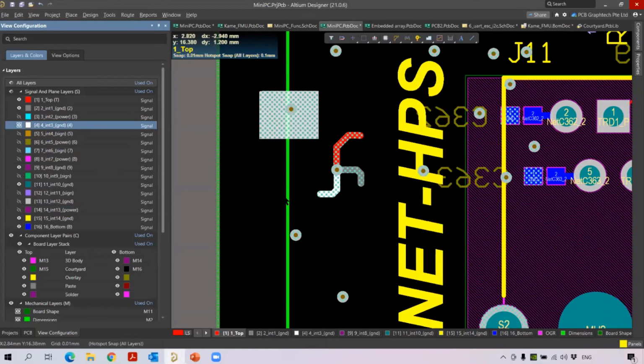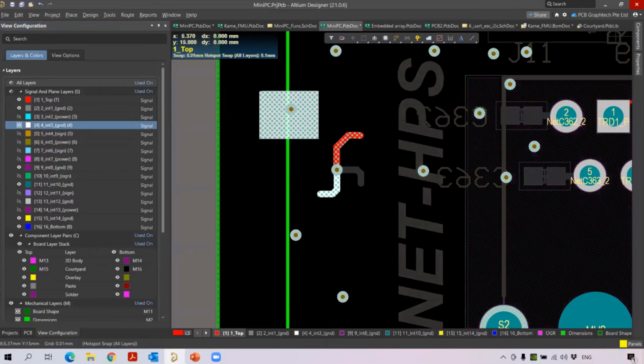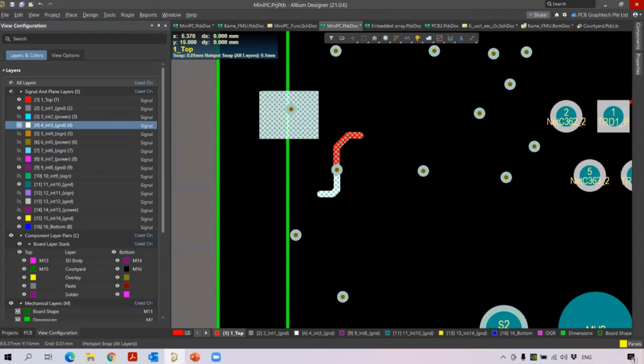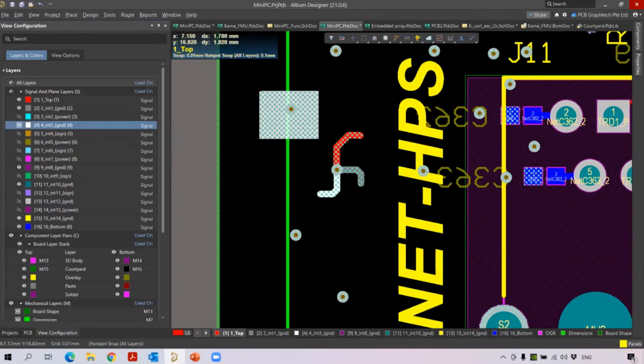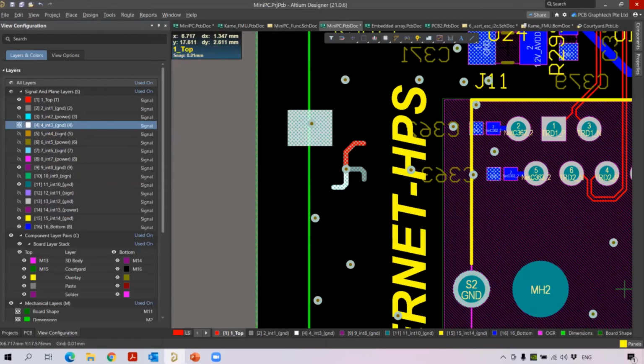Now I press Shift S to see it on my screen. When I press Shift S for the single layer mode, now I can see that particular layer also along with the top layer. So it acts as a reference along with the top layer and it will be a permanent layer. This is how it is highlighted in your view configuration as a permanent layer. Again, Shift S to bring all the components back.